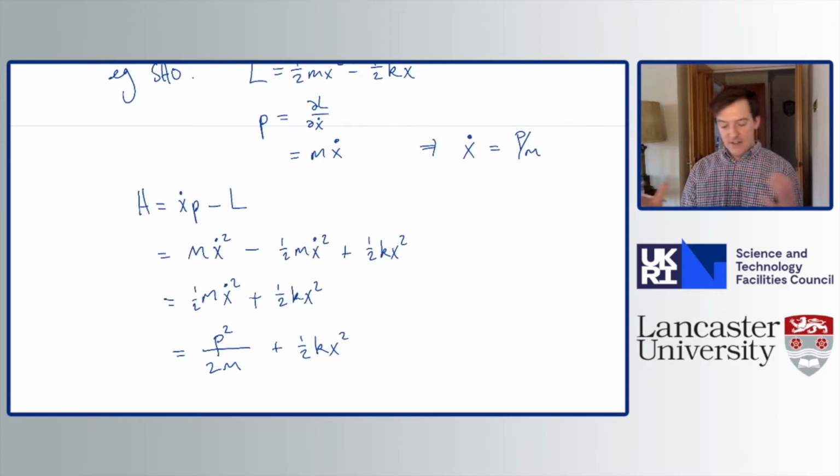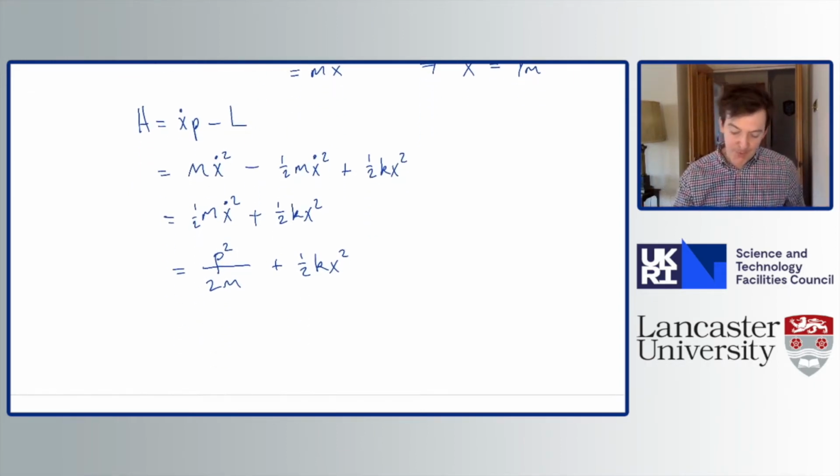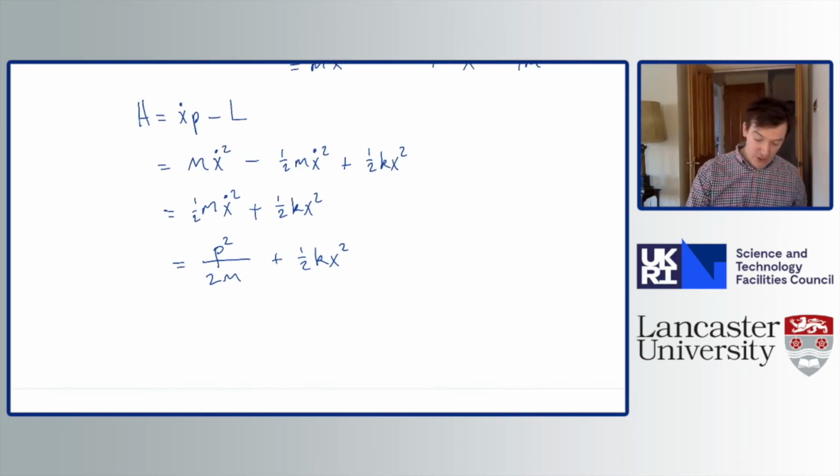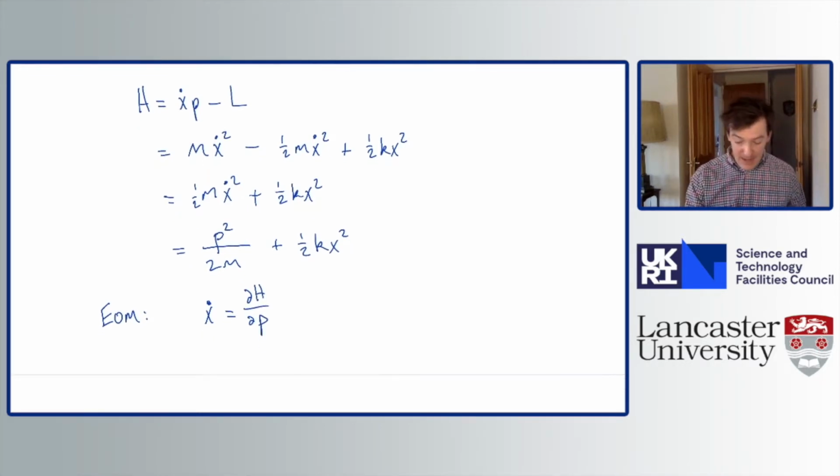So now we have this Hamiltonian function, which is a function of P and which is a function of Q. So that's good because we can now use Hamilton's equations to work out what the equations of motion are. Okay, so the equations of motion are going to follow from Hamilton's equations. So we know that Hamilton's equations are a pair of first order equations. We've got dH/dp will give me x dot, so we can just very easily work out what dH/dp is above. So we find that it's p over m,